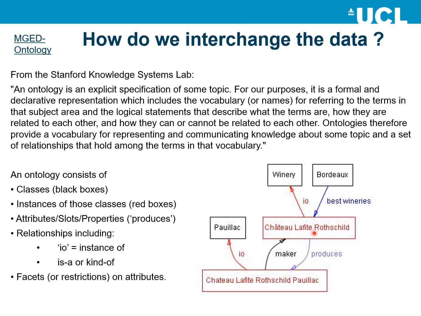So Chateau Lafite Rothschild is an instance of a winery, and Chateau Lafite Rothschild Pollack is an instance of a Pollack. We've got attribute slot properties, for instance produces, so this winery produces this wine,